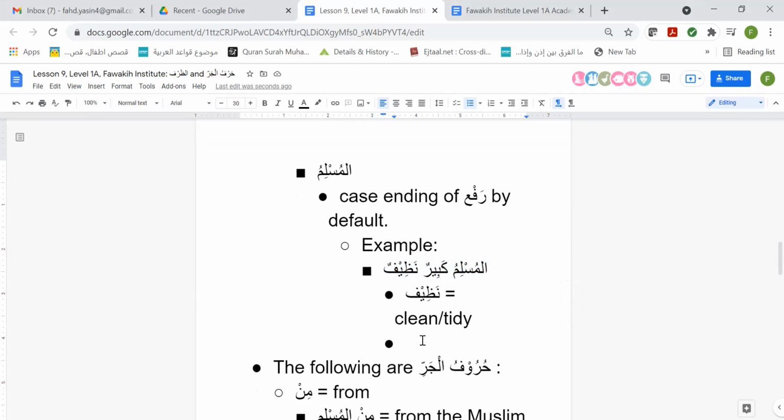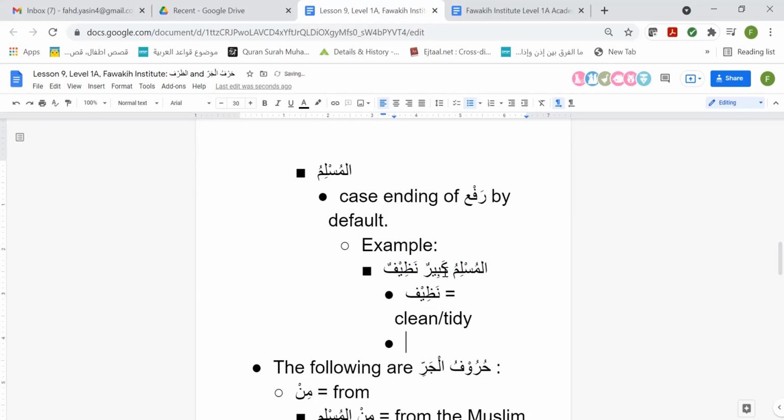There definitely is an adjective phrase in there somewhere, kabir, but there's also a nominal sentence, right? So it's both. That's why this is a good example, because it really tests your knowledge to see if you understand it. So you're right, there is an adjective phrase. What you said was that the big Muslim is clean. I think that's what I heard. That would be correct if we had this.